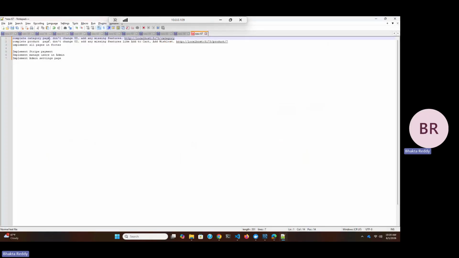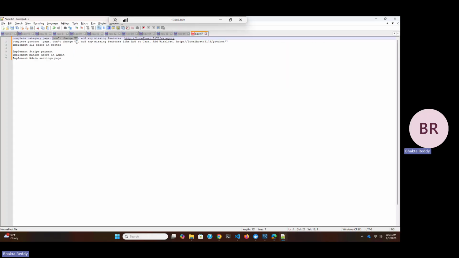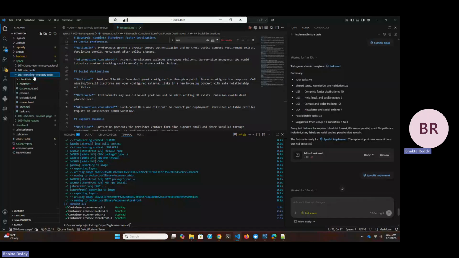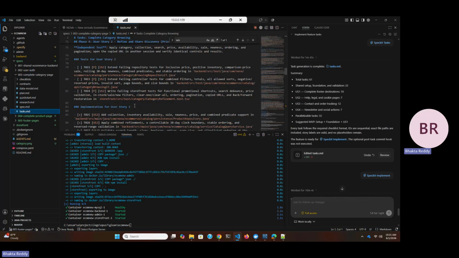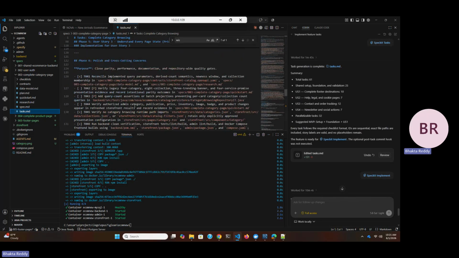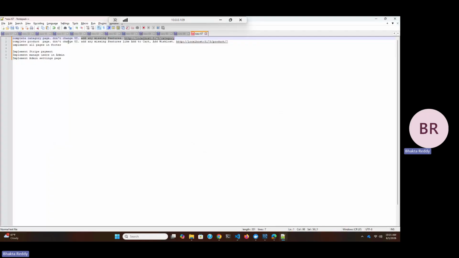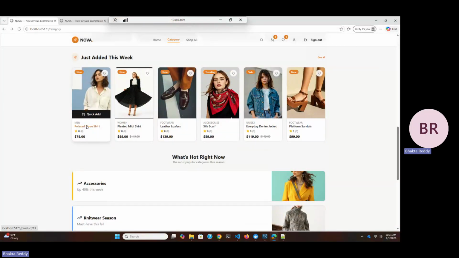But I told it, to complete the category page, don't change the UI. Sometimes if you don't say this, it can alter the UI. I'm saying add missing features, giving some reference. This is what I gave. It created these tasks and completed them. Then I told it, similarly in the product page, when we select a product,